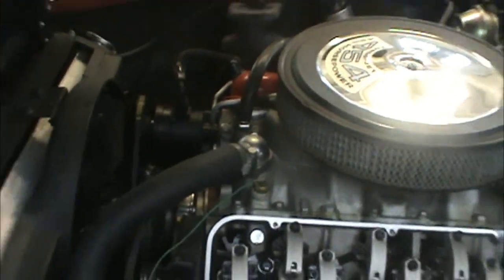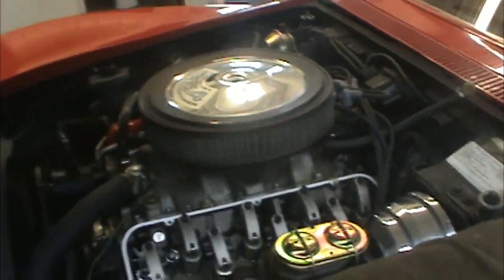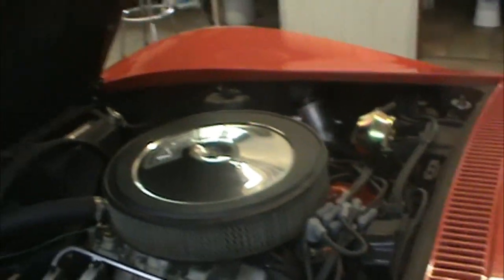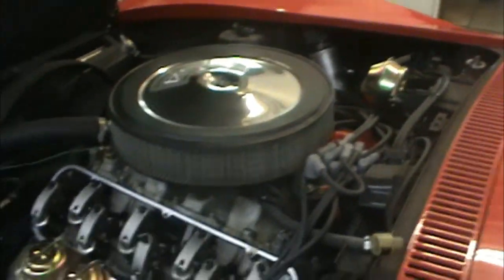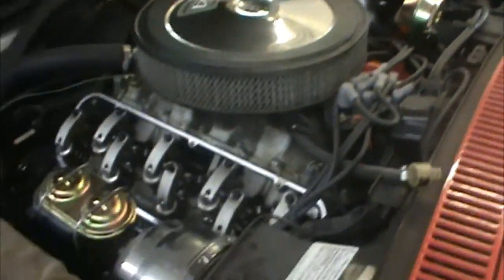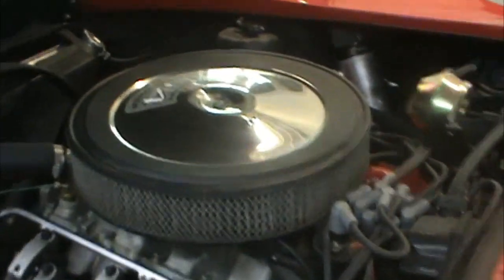I mean, I understand the NHRA rules. I totally understand, especially on a muscle car weekend. We're all up there just supposed to be having fun. We don't want anyone risking getting hurt or anything. And it's totally understandable. But this car,